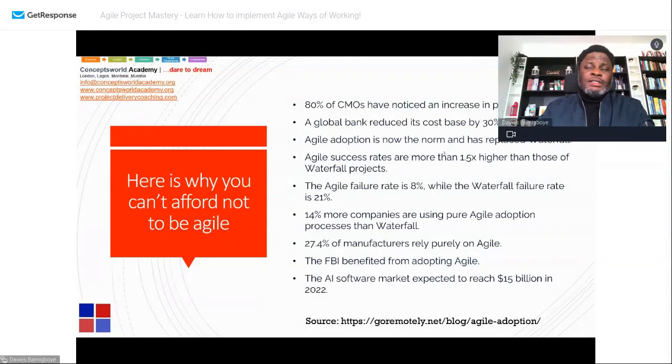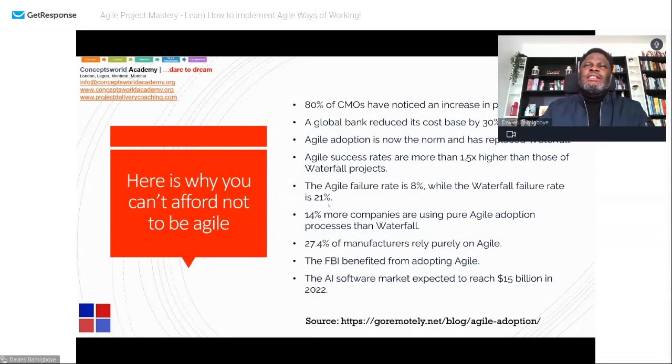But it's the norm now. Hey, agile, that's what everybody's talking about. Now, agile success rates are almost double that of waterfall projects. So this is what I was saying earlier. Agile failure is 8%. Waterfall, which is the traditional way of doing projects, is 21%,